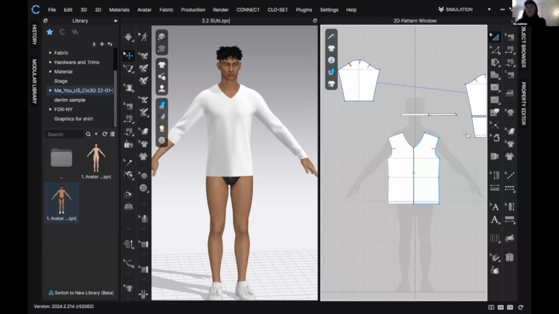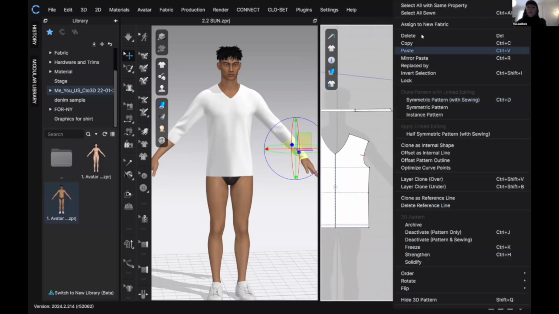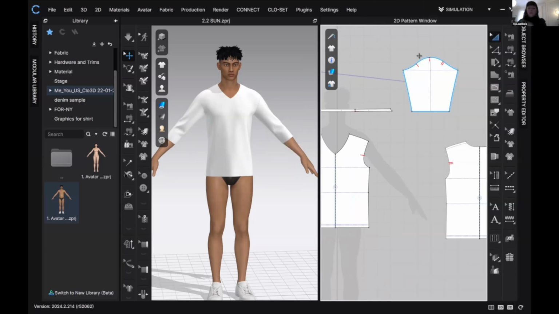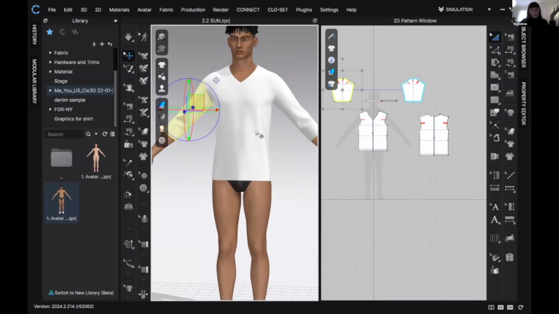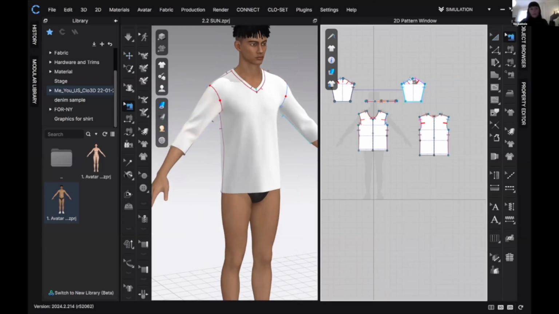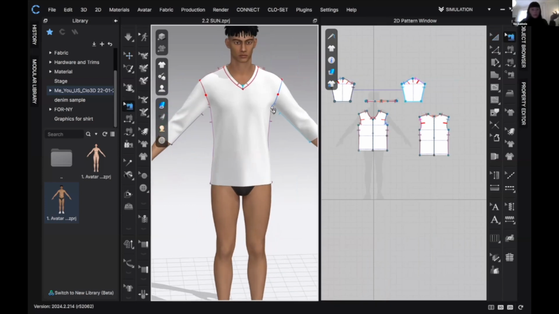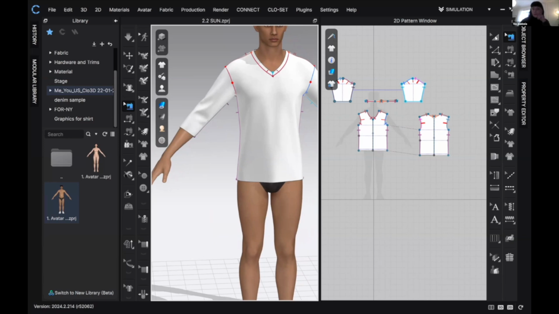Then I need to delete these. So just select the pattern and right click delete, or just backspace. Now you can see that it did the changes immediately. And one thing that I didn't mention, of course, with this modular part is that all the sewing is done automatically by CLO3D. So it's already applied there. And the same goes with this when I have done this sleeve change, even if I would add a new sleeve when doing this, adding a new piece. So now we have new sleeves on our avatar,